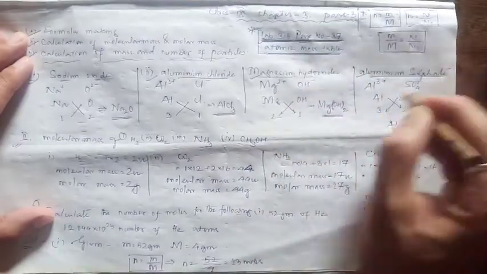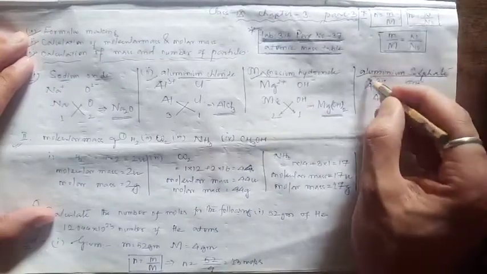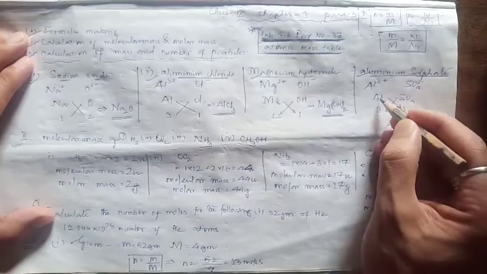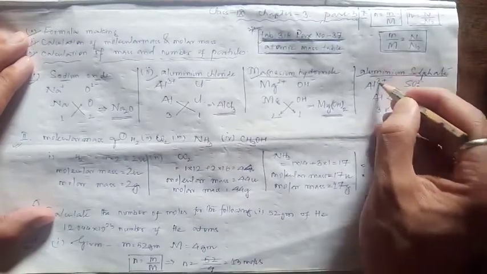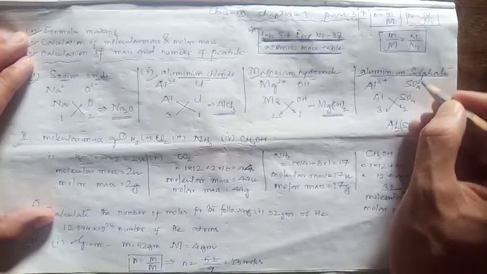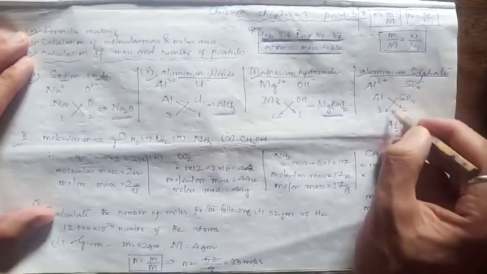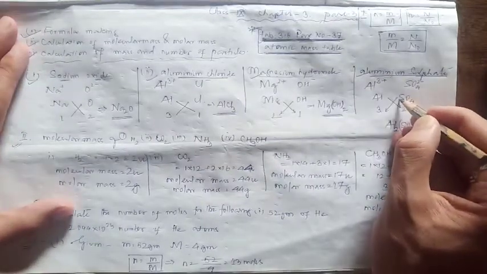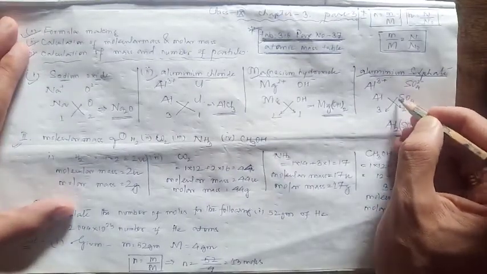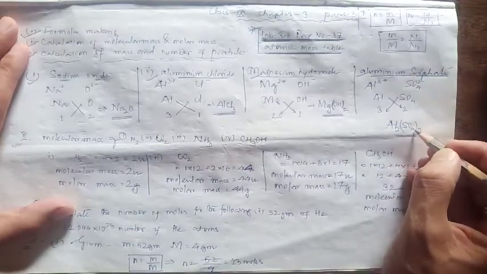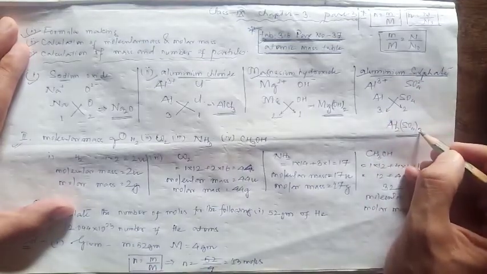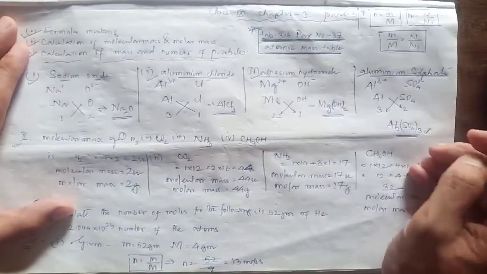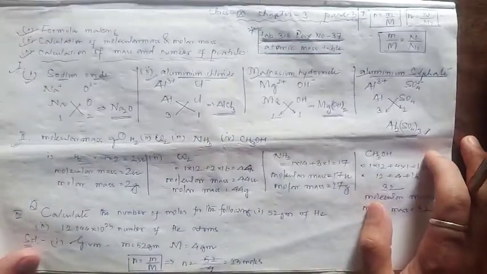So, aluminum sulfate. Again students, see aluminum and sulfate. So we'll write the aluminum ions and sulfate ions. Now neutral aluminum and neutral sulfate, and write the charge carried by each of them. So aluminum +3, we'll write 3 here. Sulfate is carrying a charge of 2 minus, so we'll write a 2 here. And if you cross over, this 2 will be written with the aluminum. Now student, pay attention. You have a polyatomic ion here. This polyatomic ion, we have to enclose within brackets. And we'll write the subscript 3 here. So that's how we get the formula Al2(SO4)3. That's how we read this. So this is formula making.